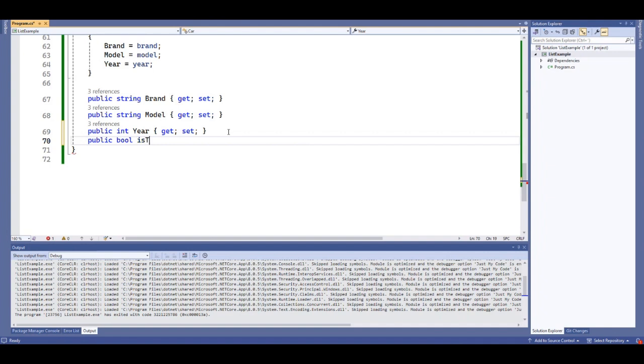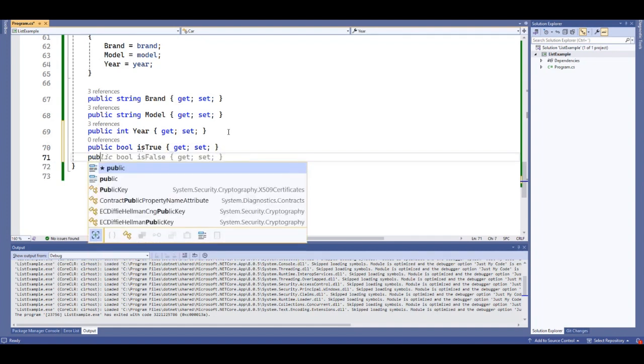For example, it's just an example. Of course, if you need a Boolean property with get and set, it is possible. Also, later we are going to use, for example, a public